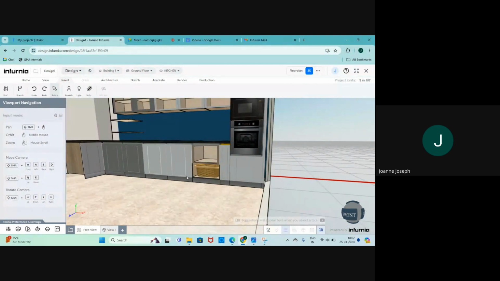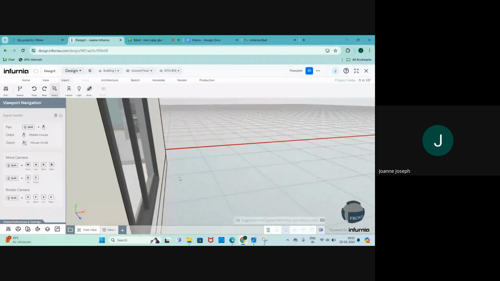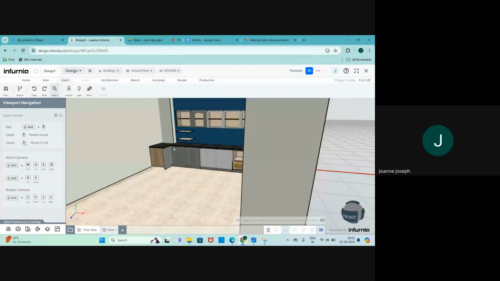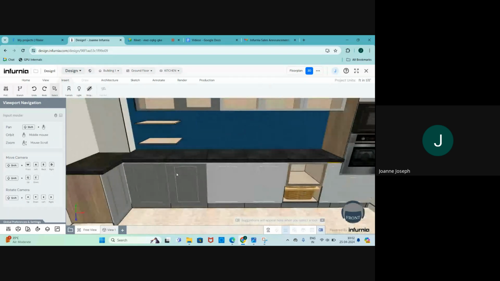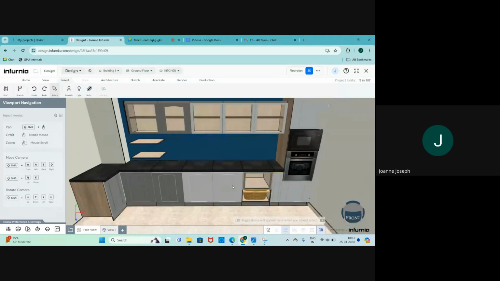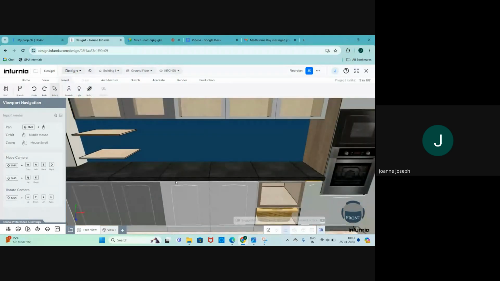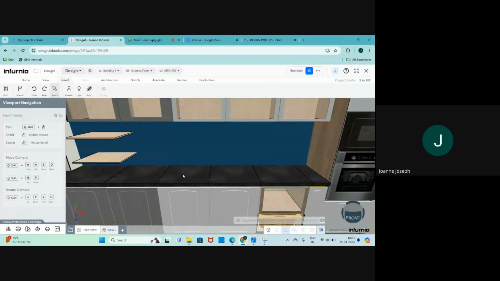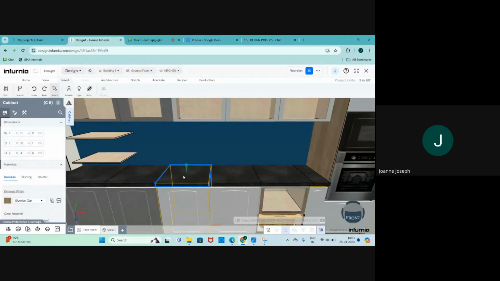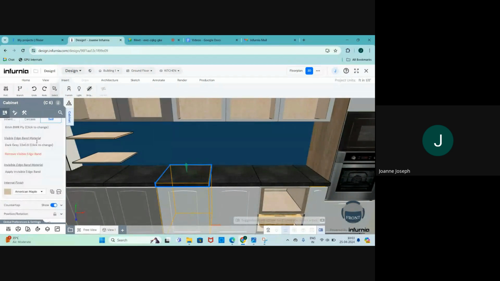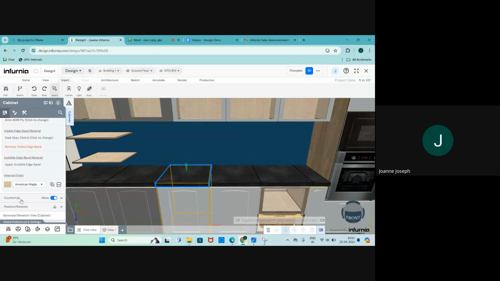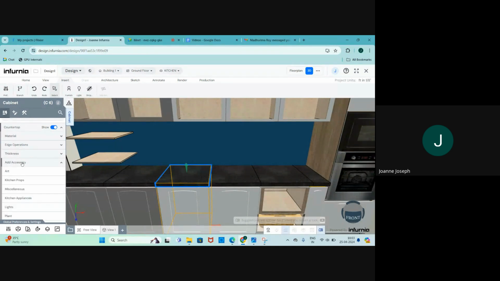So these are just the basics on how you can add different types of units. But now you can also add things like countertop, hob, accessories, sink, etc. How to add a hob? We need to select this. We can click on the countertop to which you want to add this, scroll down in the left-hand panel, open the countertop drop-down menu, and there's an option called add accessory. When you open this, scroll down